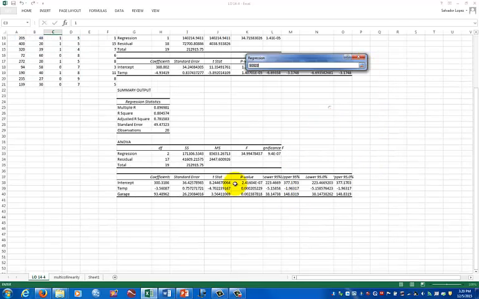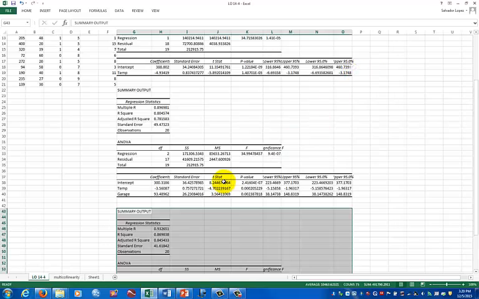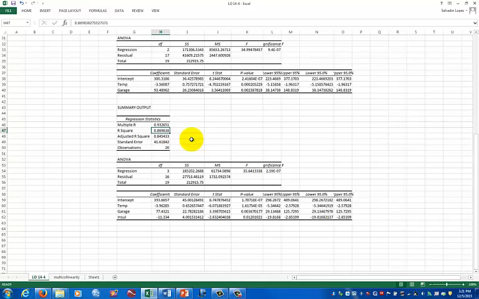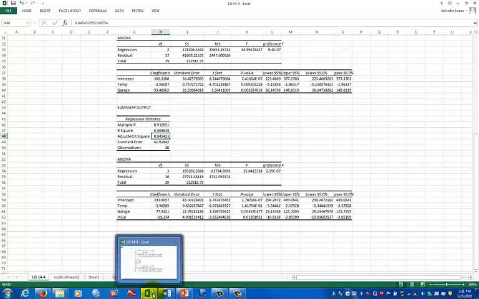And my output range, I want it to start right here. Click OK. And then I get my new and final significant variable, insulation. and my R square, as expected, will increase, as well as the adjusted R square. So that would be manually what